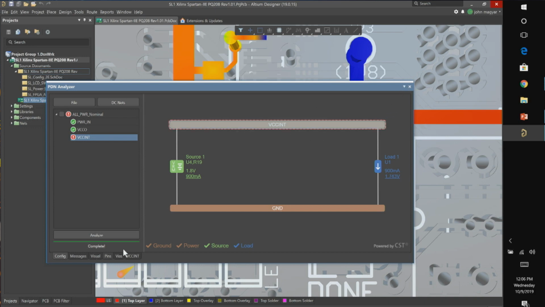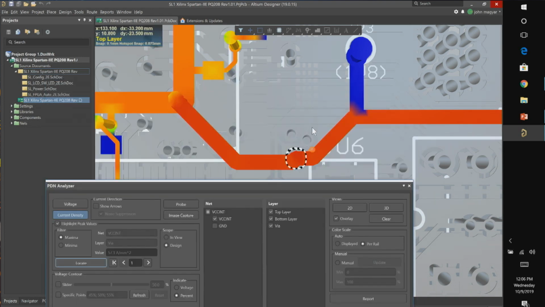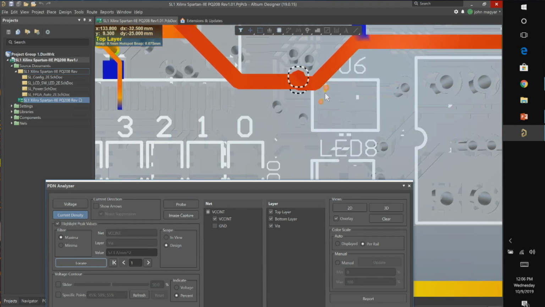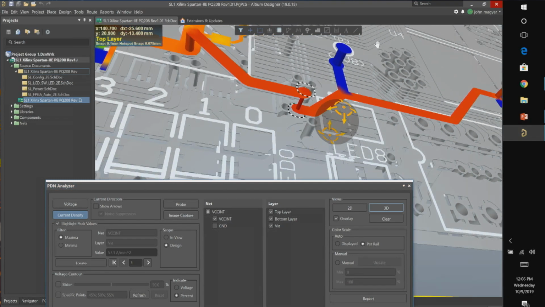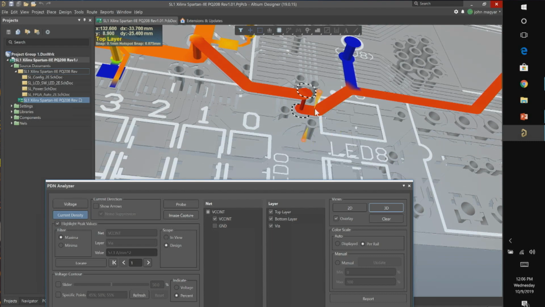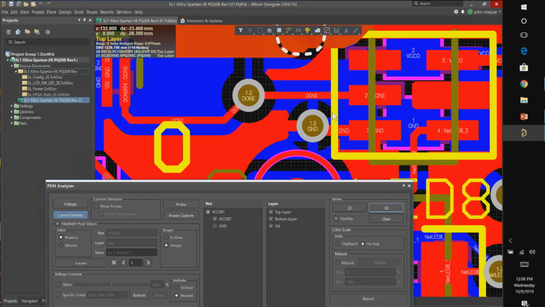So what I would typically do in sequence, now go back to the visual and say maximum current density, where is that? And then I can do the locate. And in this case, it's actually taking me to that via in question. So we're in 3D. I can kind of navigate around here and you can look at this. So one thing I notice is, wow, this looks pretty narrow in general. And then easily enough, I can flip back to the 2D,